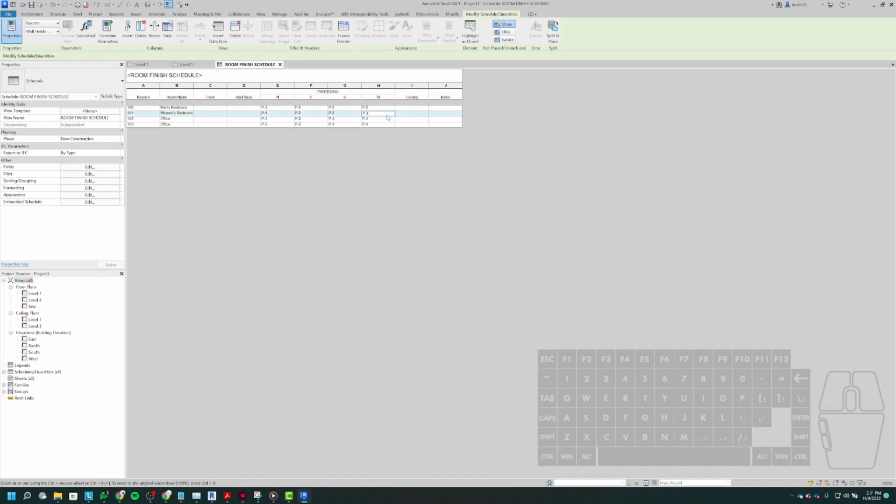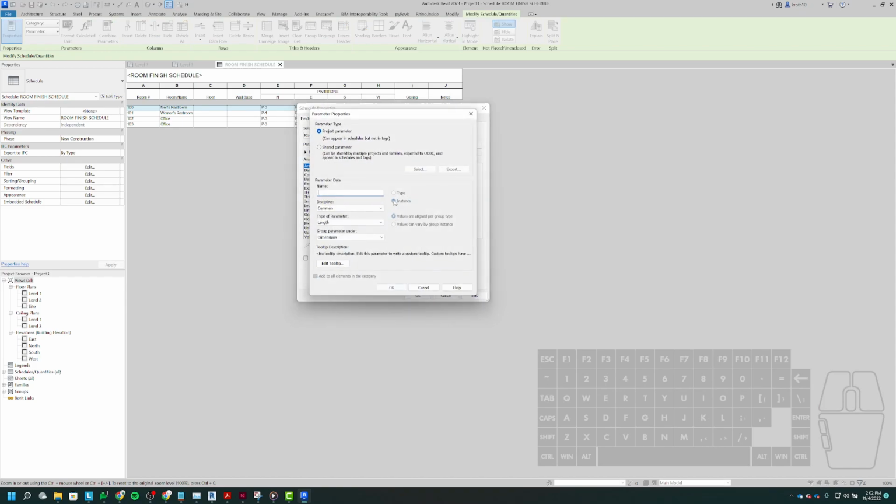Because the way that we want to use Revit is we want to have the schedule pull in that data for us automatically. You could set up a custom parameter here for a text where you could type in the ceiling height manually, but we want to kind of avoid that if we can. So I would check with your studio instructor to see if ceiling height is actually an important requirement to have on this finish schedule. And if it is, if you actually had to do that, you could come here to